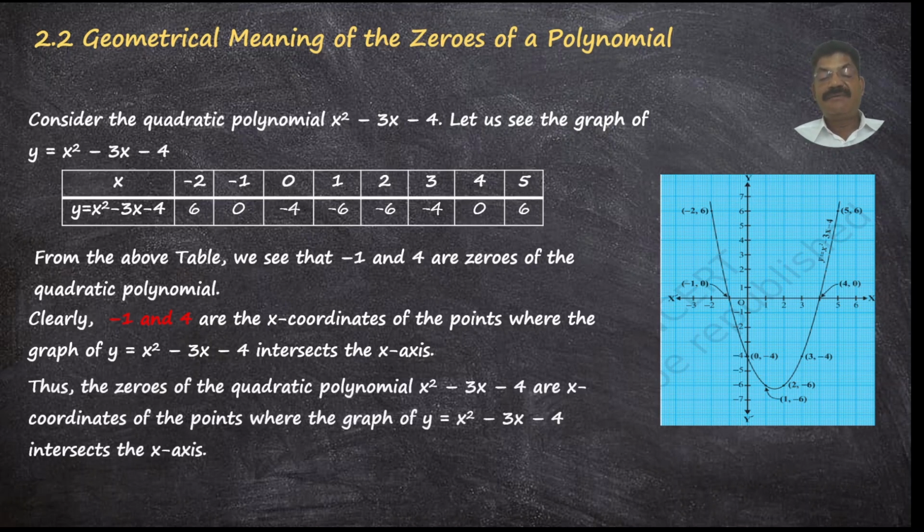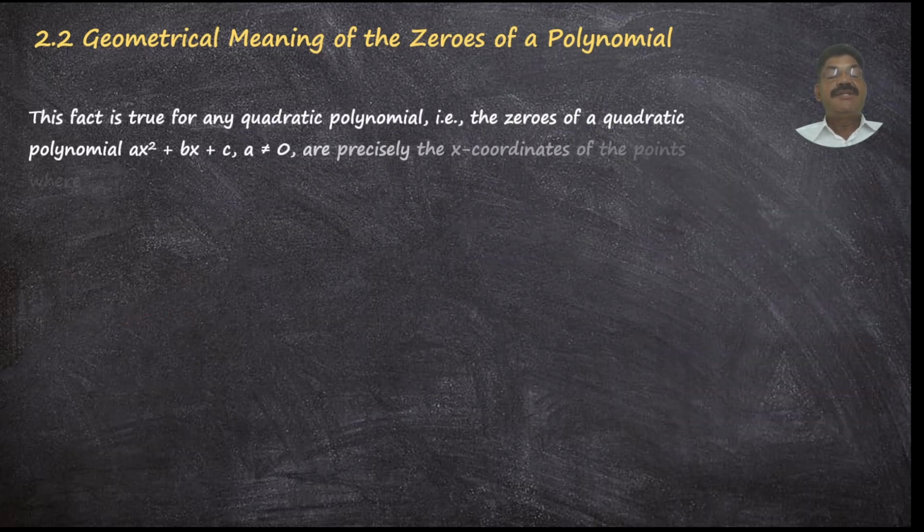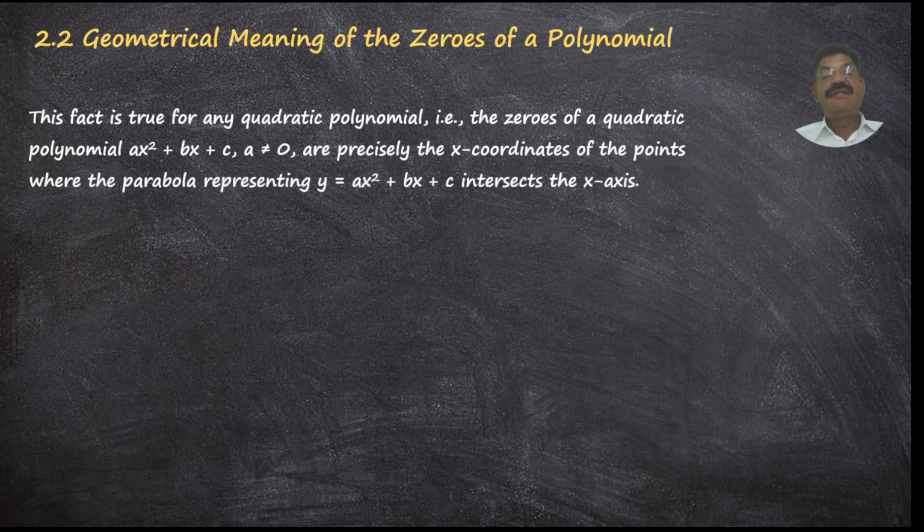Thus, the zeros of the quadratic polynomial x square minus 3x minus 4 are the x-coordinates of the points where the graph y is equal to x square minus 3x minus 4 intersects the x-axis. So this fact is true for any quadratic polynomial. That is, the zeros of a quadratic polynomial ax square plus bx plus c, a not equal to 0, are precisely the x-coordinates of the points where the parabola representing y is equal to ax square plus bx plus c